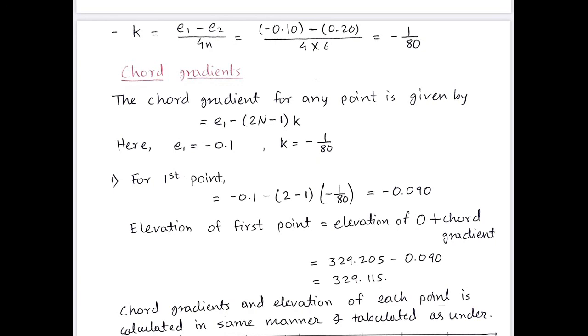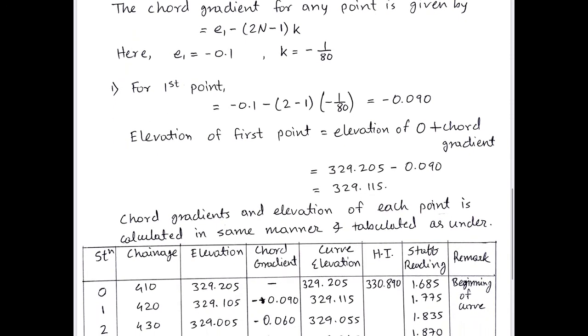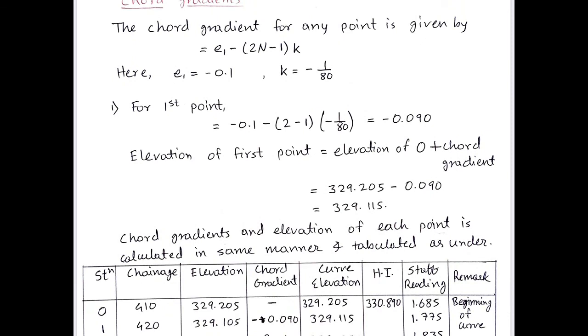Then we make one table in which we tabulate the station point, its chainage, its elevation, chord gradient, and then the elevation of the curve,